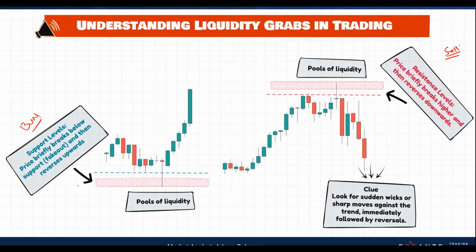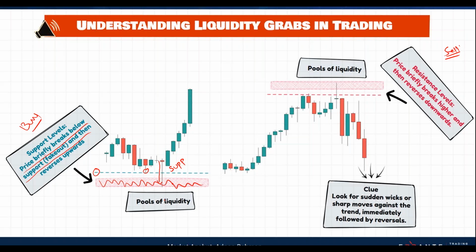The first thing is, you have a support area. Let me write it, support. Price briefly breaks below the support area, which is also known as a fake out. See what happens over here. You have this pivot candle or fractal, whatever you name it, and then you see that the price has broken below this support area, and then suddenly it has hit this liquidity pool.